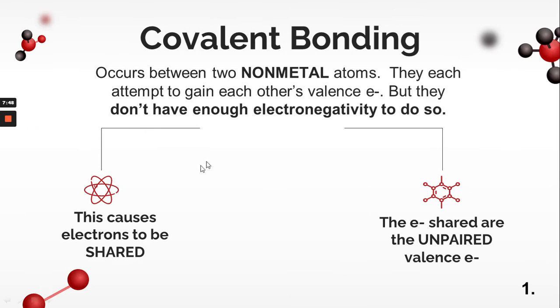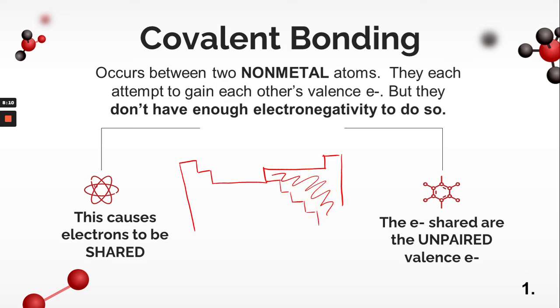So I just hinted at this: covalent bonds occur between nonmetals. A lot of things we've learned in the past are going to come back now. Think about your periodic table. It's good to have one handy pretty much every day from this point forward. Think about where the nonmetals are. The nonmetals are this section here. So when we talk about covalent bonds, we are talking about bonds between atoms in this section of the periodic table. And what happens is that they're all trying to get electrons to fill out their octet, but